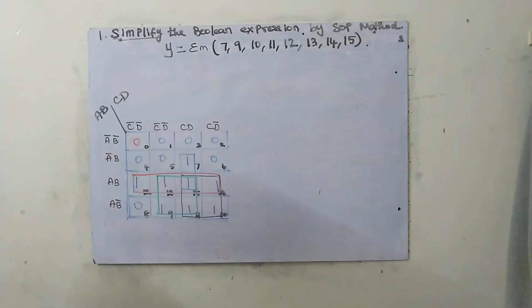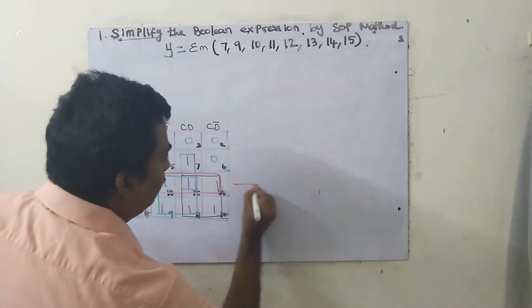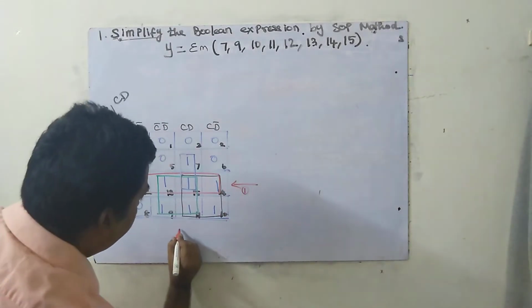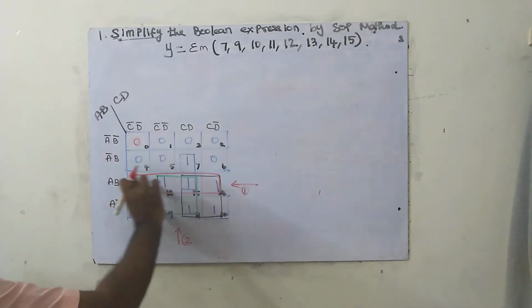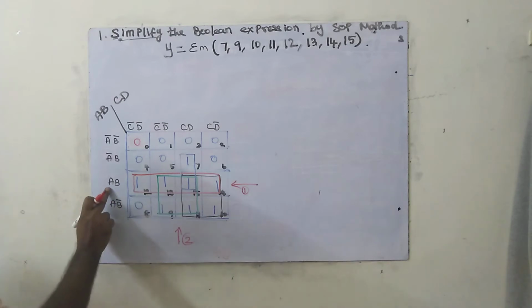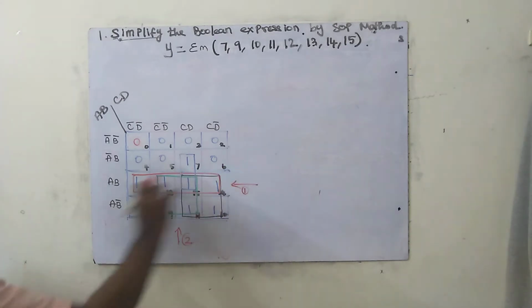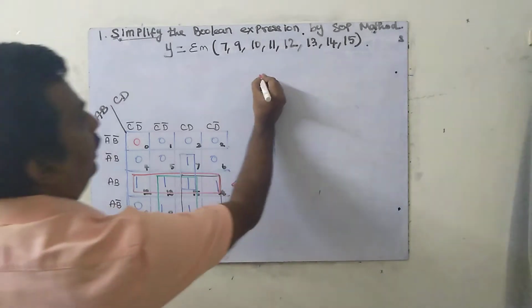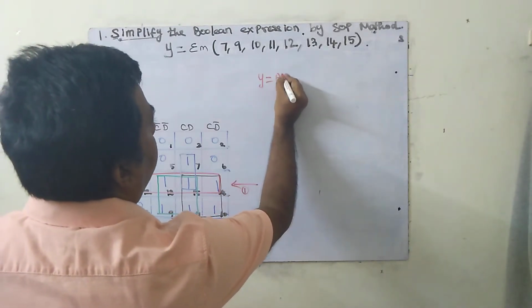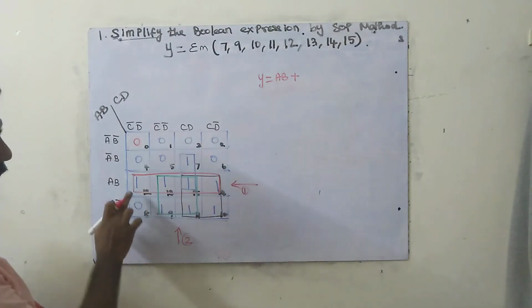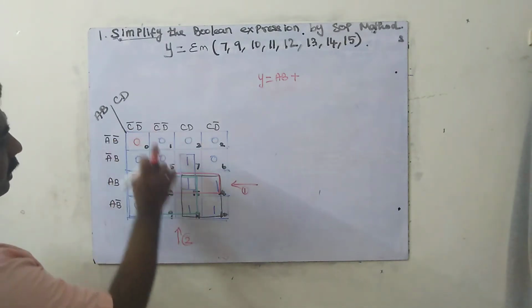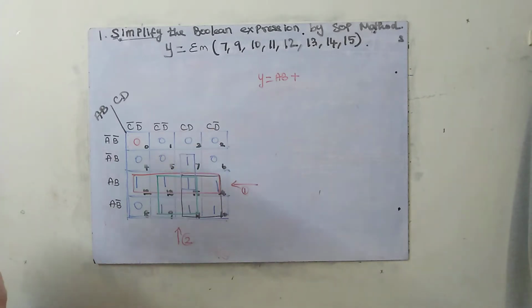Okay, now we will start writing the equation. First I will write the equation for red. First I have to check from here, next I have to check like this. This is the second thing. First I am checking the red color, which is common. For all of them, this A and B is common because nothing is changing. This AB only. So Y equals AB plus. Because if I see like this, everything will change for all of them. If this one and this one, only C bar is common, but for this one and this one, C is not common. So nothing will be common.